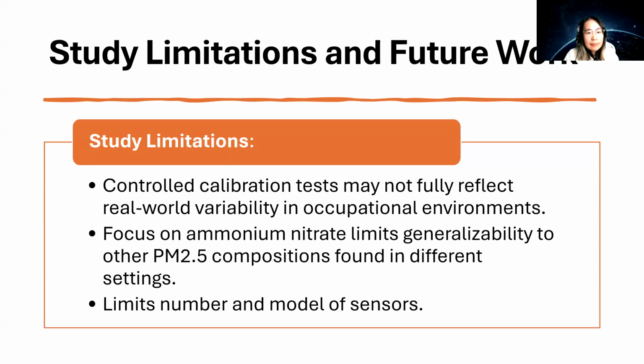And this slide covers the limitations of our current study and outlines the potential directions for future research to address these limitations and expand our findings. So starting with the study limitations, our calibration tests were conducted in a controlled environment, which may not fully capture the variabilities present in real-world occupational settings. Factors such as changes in temperature, humidity, and other environmental conditions can affect the sensor's performance in a way that controlled settings may not